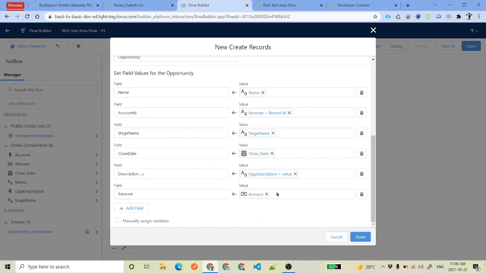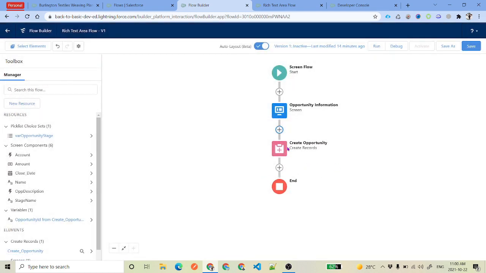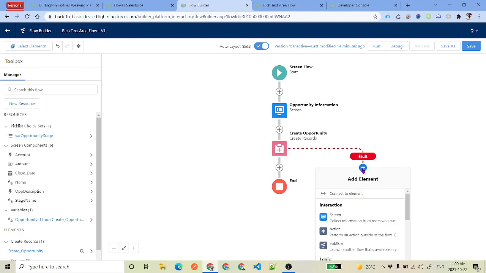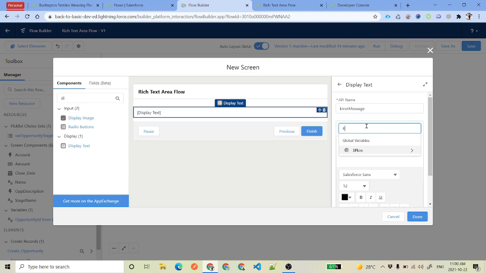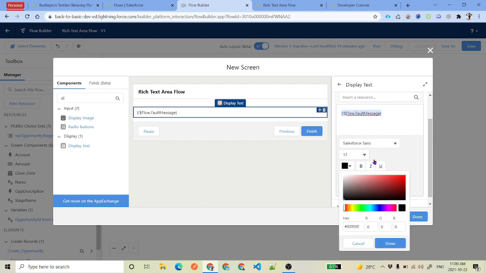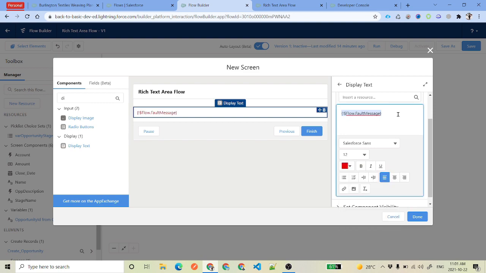So we have mapped all these fields, and then go ahead, click on done, add a fault path, and for the fault path you can just add a screen which will show whatever the error is. You already know, multiple times we have added the error message, so I don't need to tell you what information you need to put there to display the error message. But again, it is flow.fault message.